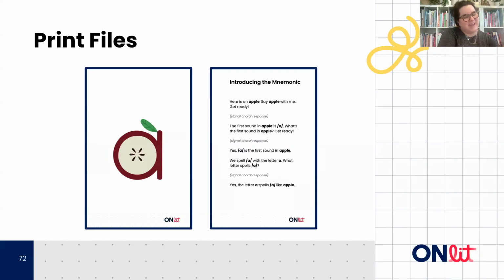And then another card that we have is still that same half-page flashcard, but it has an instructional routine on the back. So that way you can hold it and your students can see it, and it gives you a little instructional routine about how you could introduce these to students. And that instructional routine might involve saying the keyword, having students say the keyword, identifying that key sound or that first sound, segmenting it off, and then linking that sound to the letter itself. And in that instructional routine, we really prioritized active participation, signaling for that choral response, and giving students lots of opportunities to respond. So you will see those on the website as well.